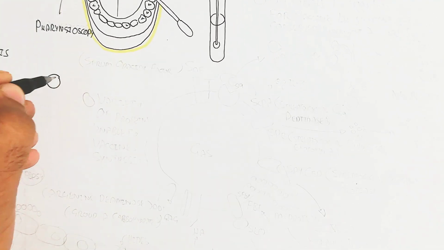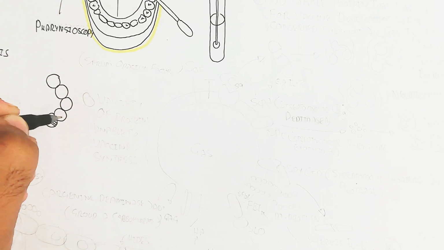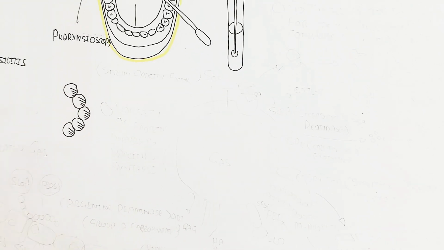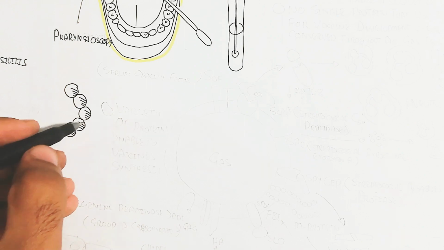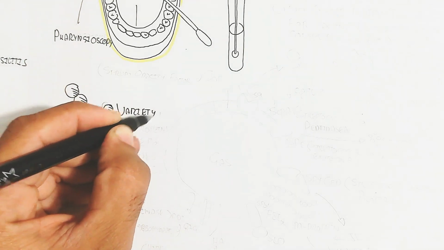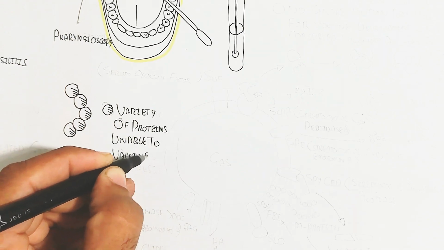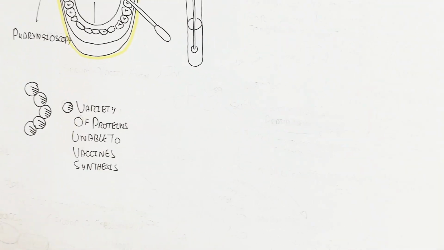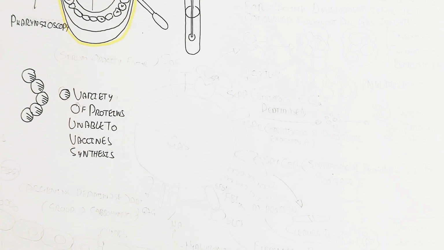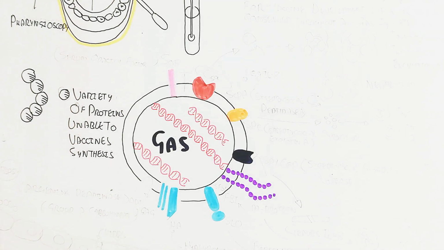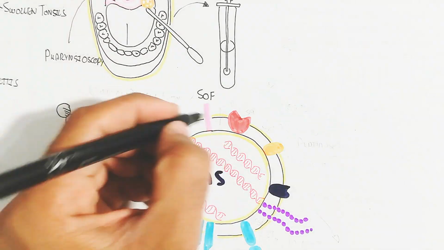Anyhow, let's begin to understand the structure of the Strep A, the GAS, group A Streptococcus. The variety of proteins makes vaccine synthesis unable. So let's begin to understand. You can understand this in the diagram. This shows the GAS. Inside is the genetic material and outside is